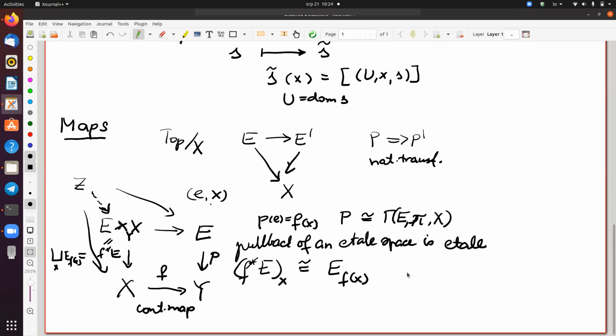So I can take S from U open, U open in X, into the pullback. It is continuous, so that means it is a section, a local section, if and only if... well, it's the only thing which is kind of logical here, or intuitively. You see, this projection to E